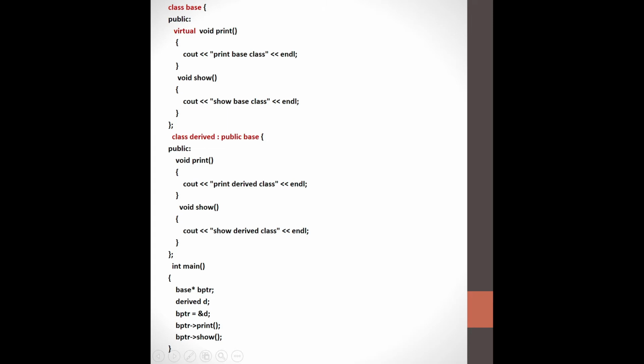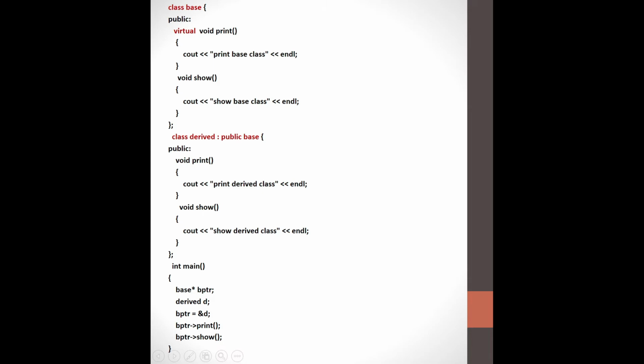Where is bptr standing? It is at the location of d, the address of the derived class. So it automatically goes to the derived class print function and my output would be print derived class. That is the function of the keyword called virtual.